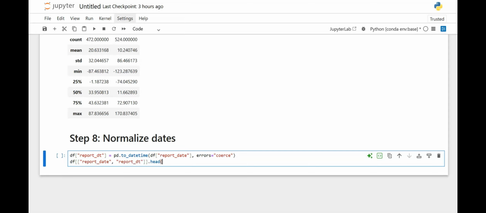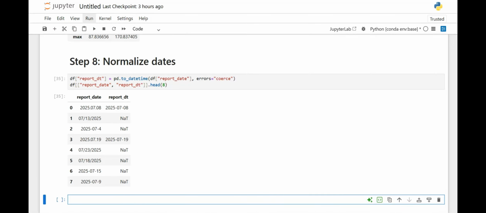.head. We want to see 8 rows of the head of our data. So we'll go ahead and run this. So here we can see the results of our data cleaning steps. On the left, we have the original report date. These are the original values. And on the right, the new report date column that we created with